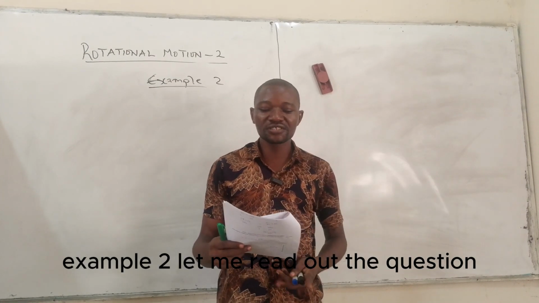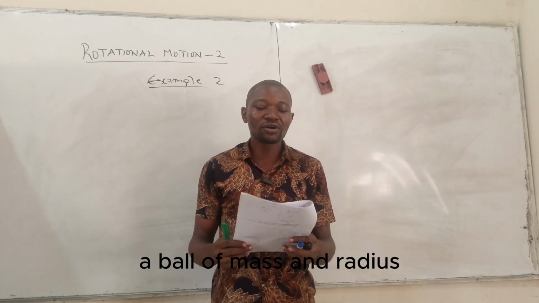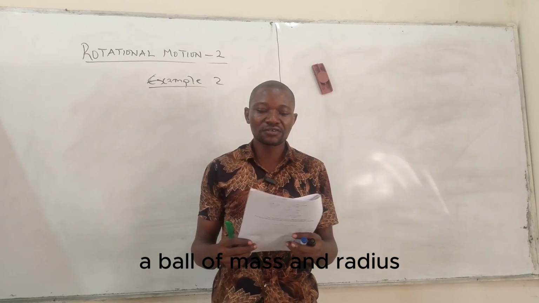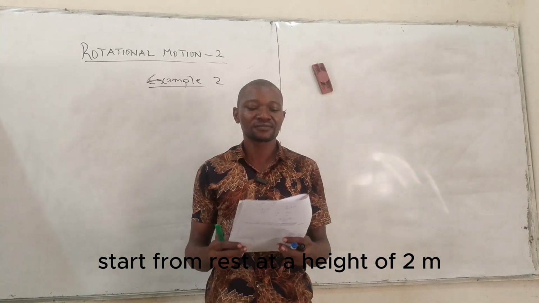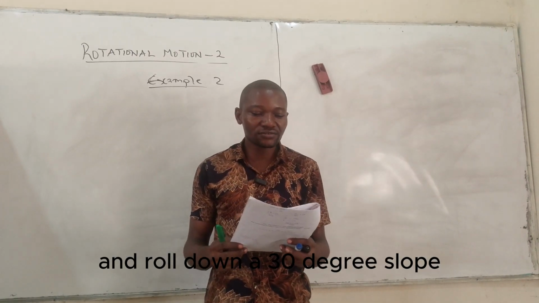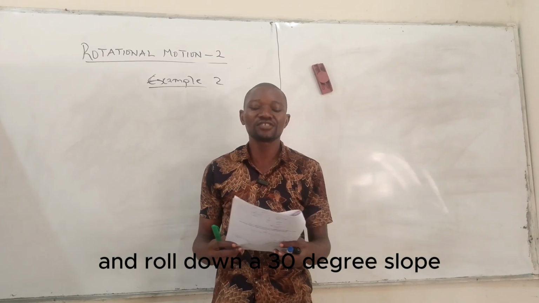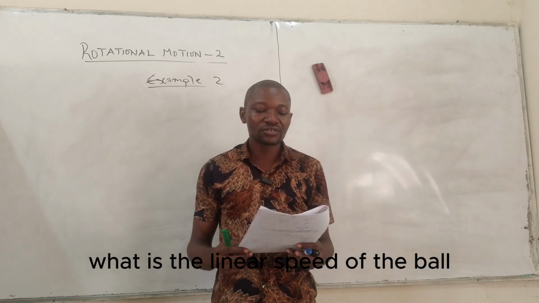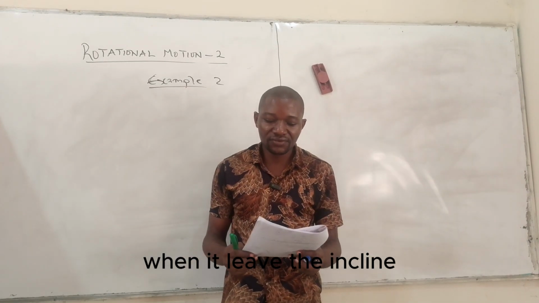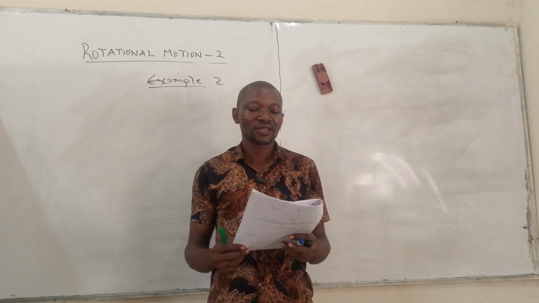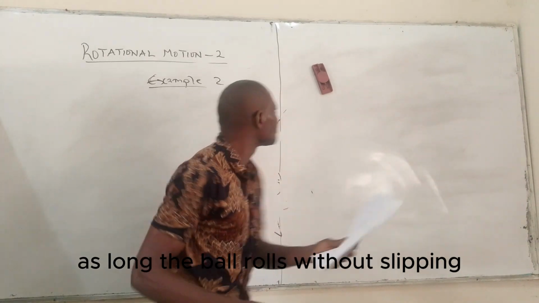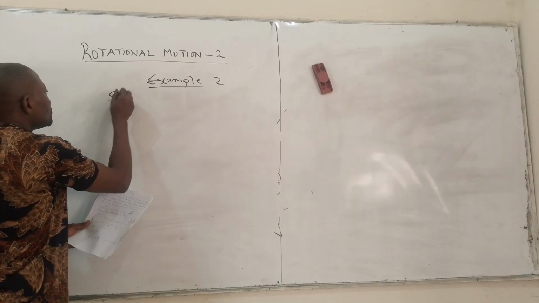Example 2, let me read out the question. A ball of mass and radius starts from rest at a height of 2 meters and rolls down a 30-degree slope. What is the linear speed of the ball when it leaves the incline? Assume the ball rolls without slipping. Solution: